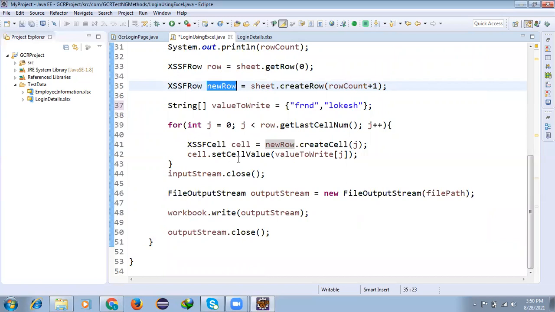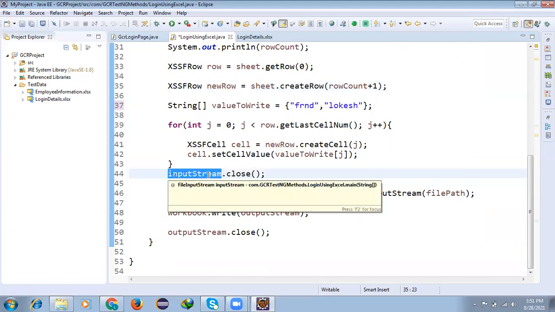Then cell.setCellValue, at the last position created, stores the values we are providing. In case you have 10 values, it will store them in those particular cells.